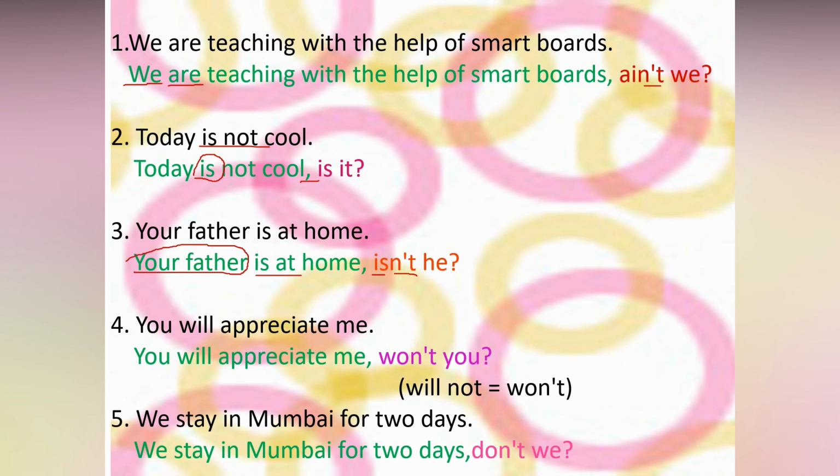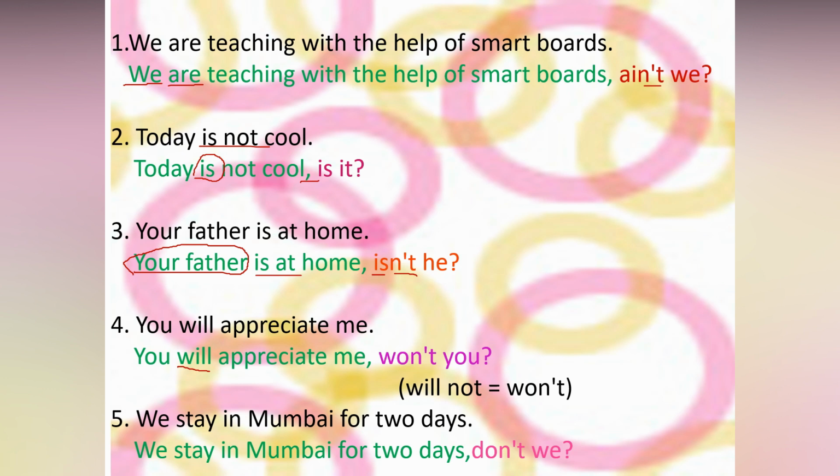You will appreciate me. Will. So here the helping verb is will. Rewrite the same. Will not, we write "won't" generally. Generally we use "won't" and we don't use "will not" in speaking and in the question tag. Usually in that way only we use will and not. You will come, won't? And you is the subjective pronoun, so copy "you" easily.